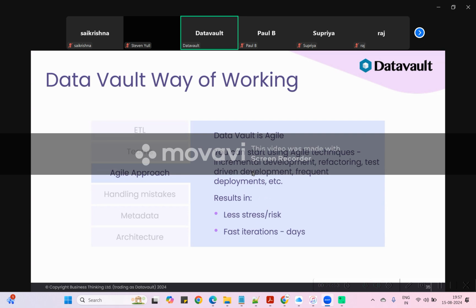Dave talks Agile. Some other methods are very, very difficult to apply using Agile techniques. So Datavault comes with the ability to do incremental development, refactoring, test-driven development, and more frequent deployments and so on. So you can start using those techniques, and if you apply them correctly, you'll end up with less stress, less risk, faster iterations. I've got a story here about a customer I worked with a couple of years ago, and